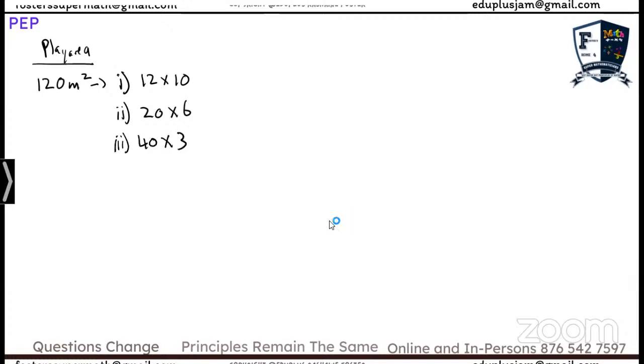40 times 3. What about this option right here? 30 times 4. What about this option right here? I'm giving you as many different options as we can look at. We have 15 times 8. So all of those are different options that we could use as far as being able to multiply them and